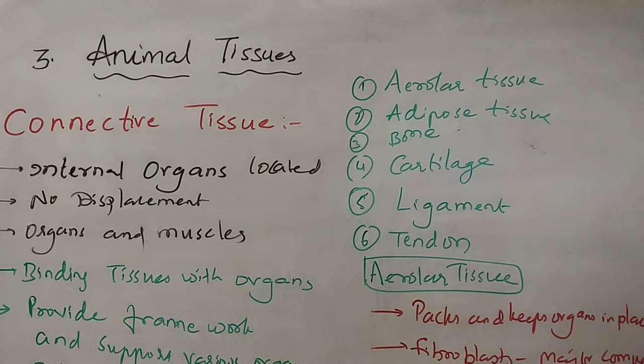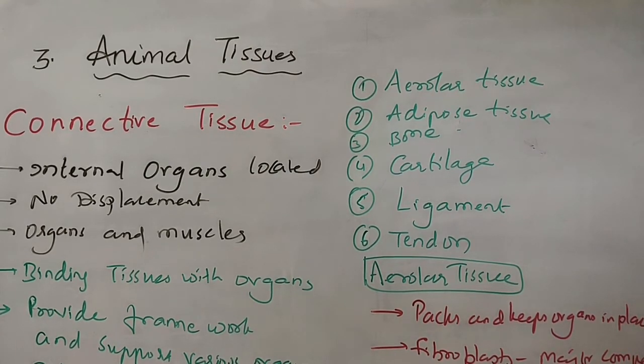Connective tissue especially binds all the other organs, so that every organ will be in that particular place. Now it gives a proper framework to our body. If there's no proper frame, our head would be on our foot, isn't it? So it should fall down. Because of the skeletal framework we have,